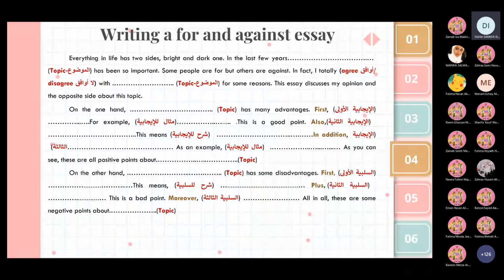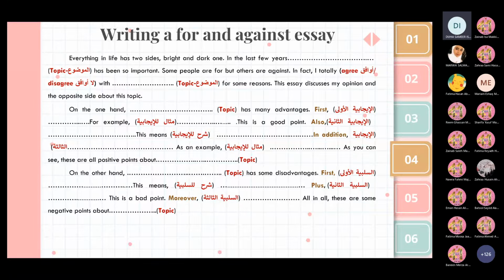Moving on to the third paragraph, which is the disadvantages. Of course, we finished the advantages, we did the brainstorming, and we came up with positive points and examples or explanations. We go to the disadvantages, in which you're going to do the same thing. Once you start the paragraph for the disadvantages, you're going to use on the other hand, and then you're going to mention the topic again. Then you start writing down the points or the disadvantages that you have brainstormed earlier.